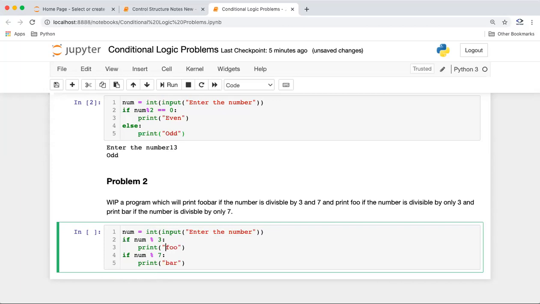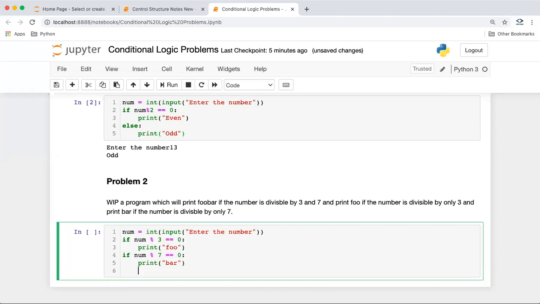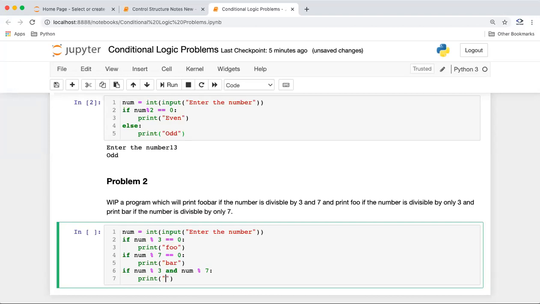We need to check for the remainder equal to 0, because if it comes as 0 it will be treated as false, so we should check that the remainder is 0. Then if num is divisible by 3 and num is divisible by 7, we print foo bar.